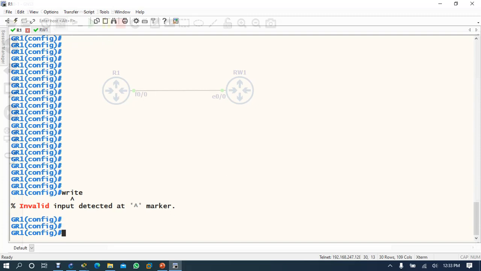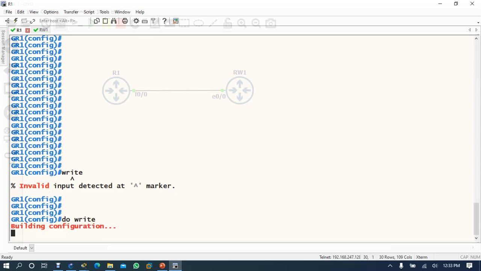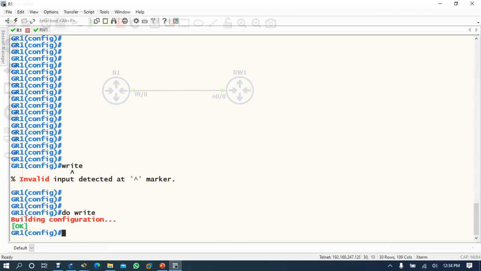But if I am doing some command and I do not want to go there, you type "do" here. Whatever command of privilege mode you want to run, you can run in global configuration mode if you use "do".